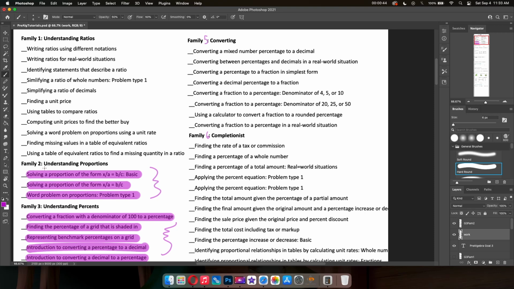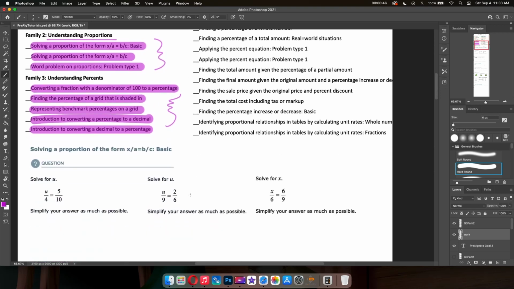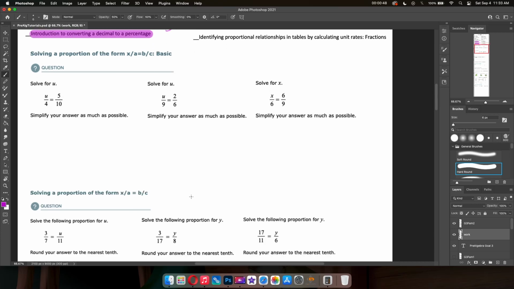So first thing we want to talk about is understanding proportions. We talked about this very briefly in the prior video, but if you haven't seen that one yet, this is an old hat from middle school. You might remember it before the dark times, before the pandemic. What we're going to do is something called cross